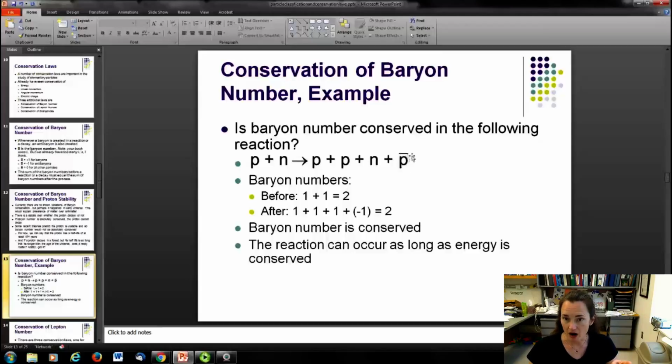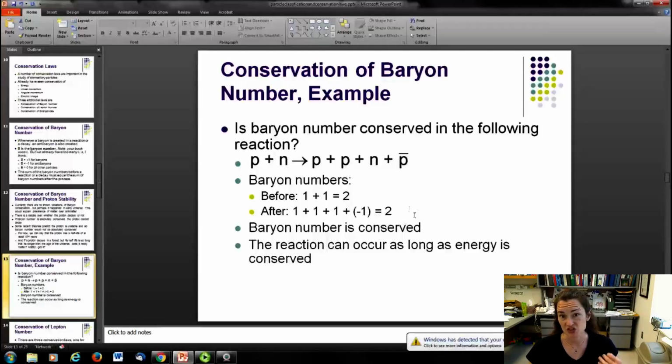And then this bar above the top, that's common notation for the antiparticle. So this is an antiproton. And antibaryons have a baryon number of -1. So you have 1 + 1 + 1 - 1, which gives you 3 - 1, which is 2. So that means that on the left-hand side and on the right-hand side, the baryon number is 2, so the